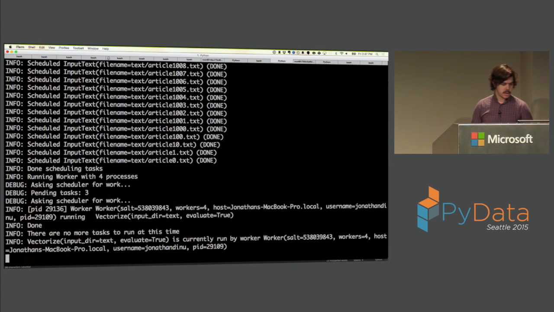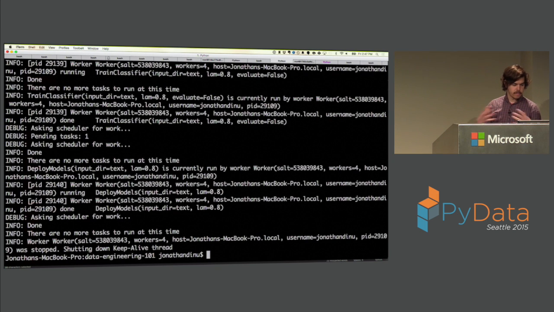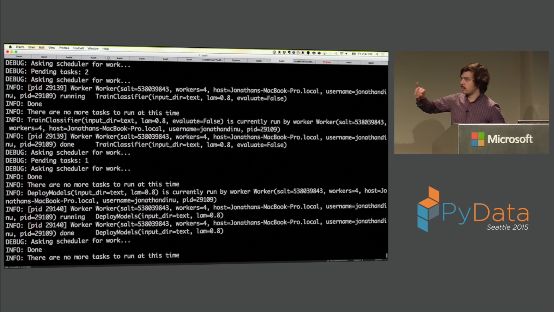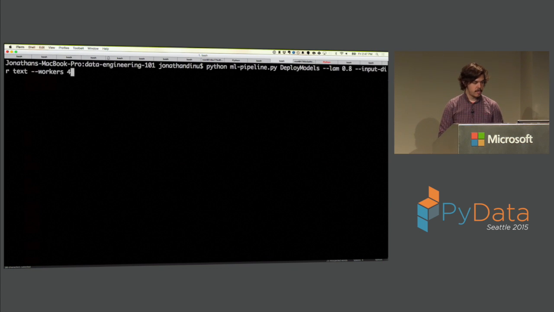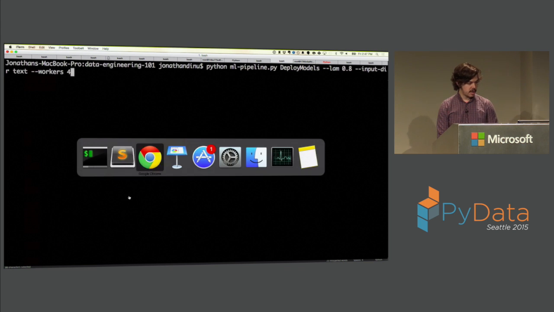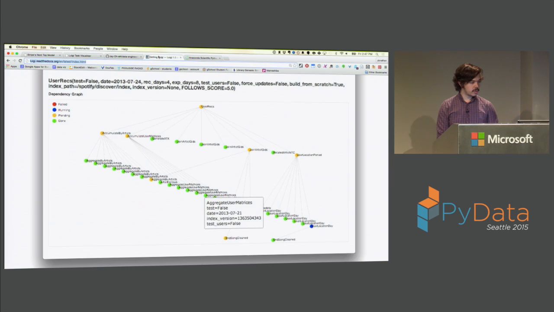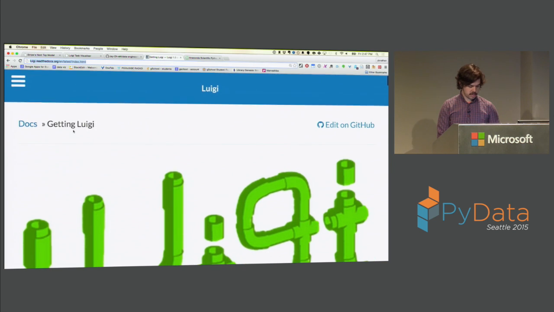Workers equals 4. So this should actually be running 4 in parallel. It finished a little bit faster, but that's the built-in Luigi parallelism that you can then configure with a bunch of other config files. So if you go to the Luigi docs,